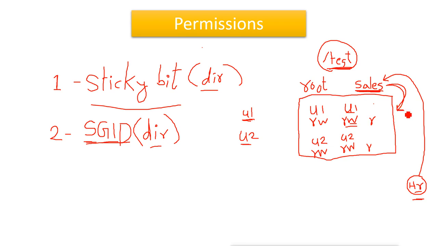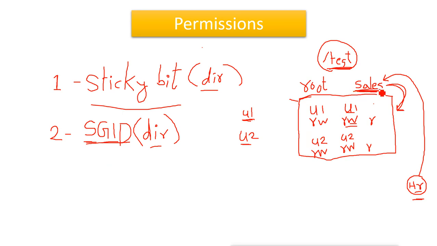Now what that actually means is inheritance. It enables inheritance. Remember, in Linux there is no inheritance by default, not like Windows. In Windows, when we give any permission to a user on a directory, by default that permission will be inherited by all the files and directories inside that directory. This does not happen in Linux. When you assign any permission on a directory, it will not be inherited by any files inside the directory, and not even the subdirectories. Now we can enable the SGID, and that means we set the group ID on that directory.